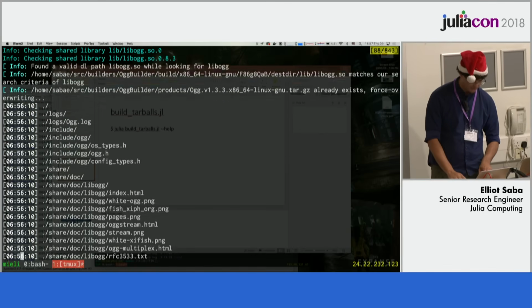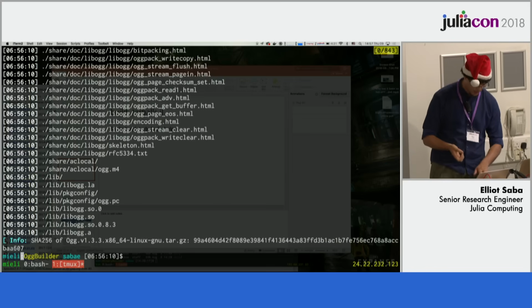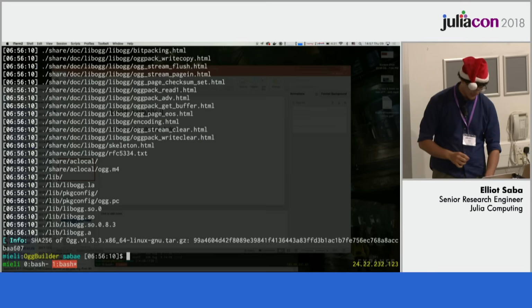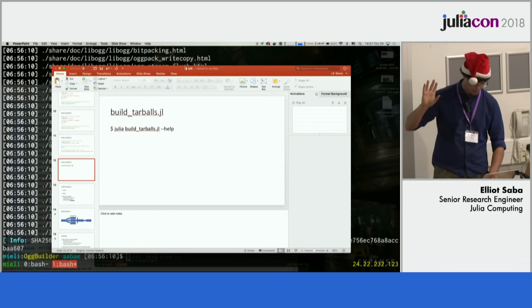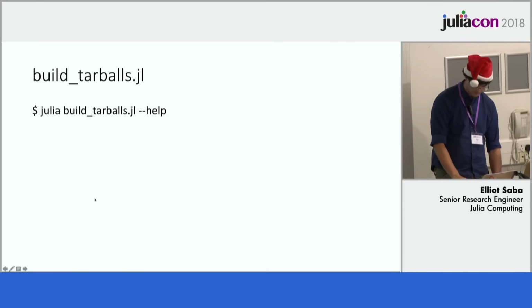And then at the very end, it just says, here's all the files that I built, and here's what's going to be inside the tarball that we just packaged up and is ready to go. So that's kind of a whirlwind tour of that. We're going to talk about this a little bit more right after we talk about